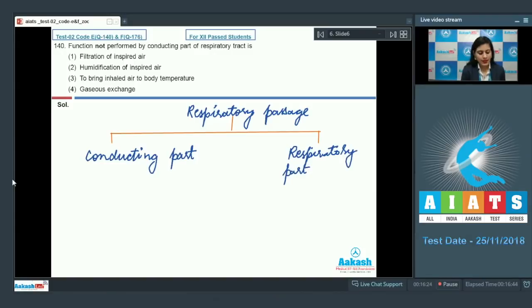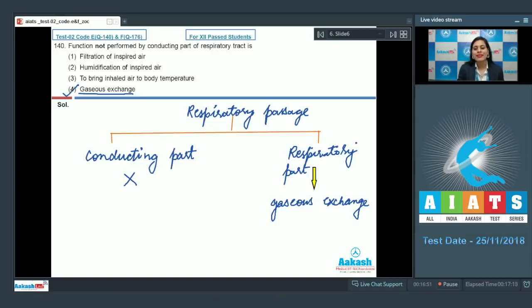And it is this respiratory part which performs the function of gaseous exchange. Whereas this conducting part is not involved in gaseous exchange. So among the given options, the correct answer for this question is option number 4, that is gaseous exchange,